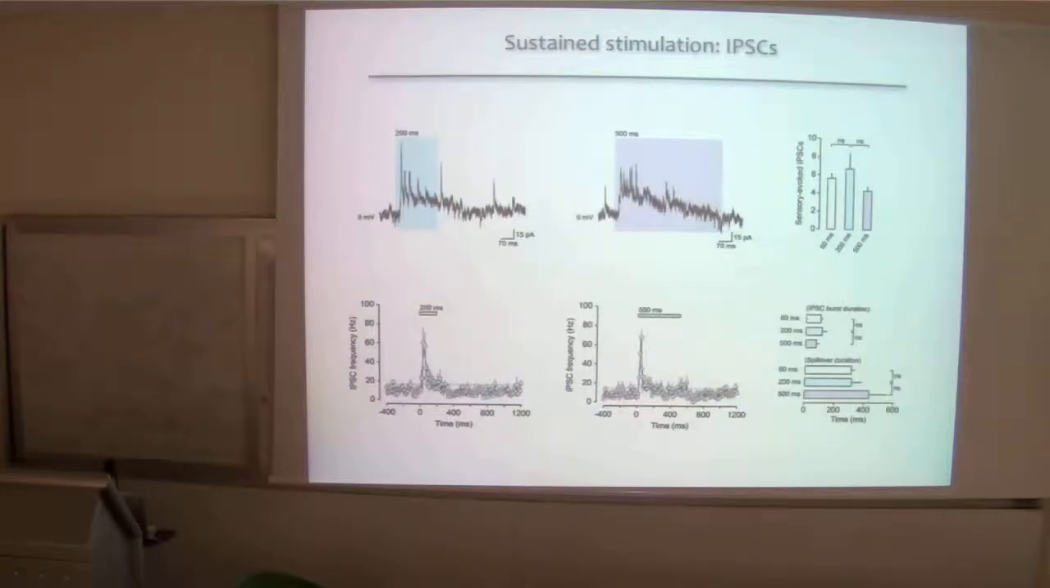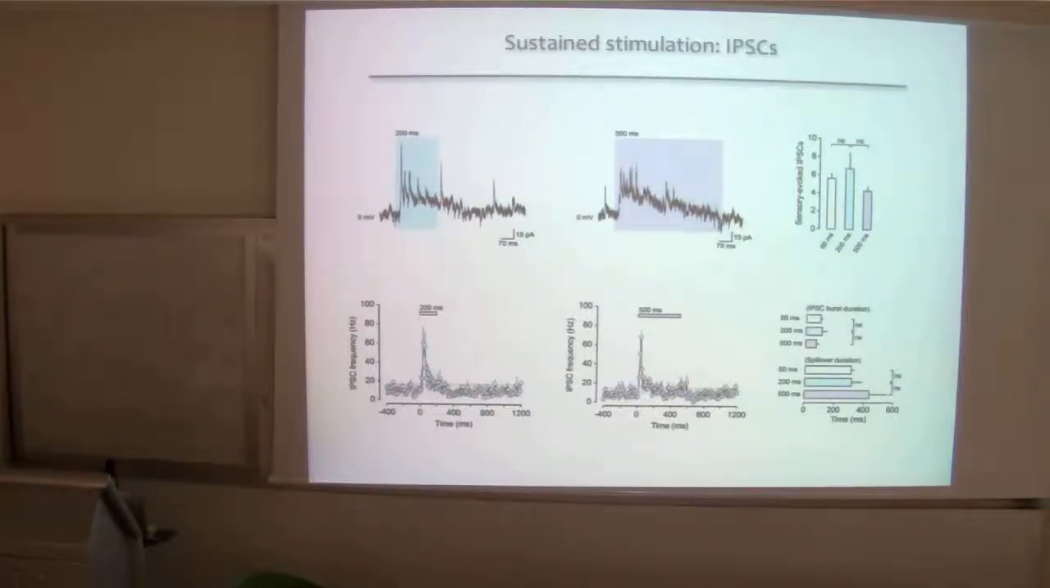But if we look at inhibition, so we're now switching to 0 millivolts and just looking at the inhibitory input. We give 200 milliseconds again, and we give 500 milliseconds. What we find is that the number of centrally evoked IPSCs doesn't appear to change. So irrespective of the duration of the stimulus, you still get the same number of fast IPSCs. And if you look at the duration of the spillover, it doesn't seem to change either, which is pretty interesting